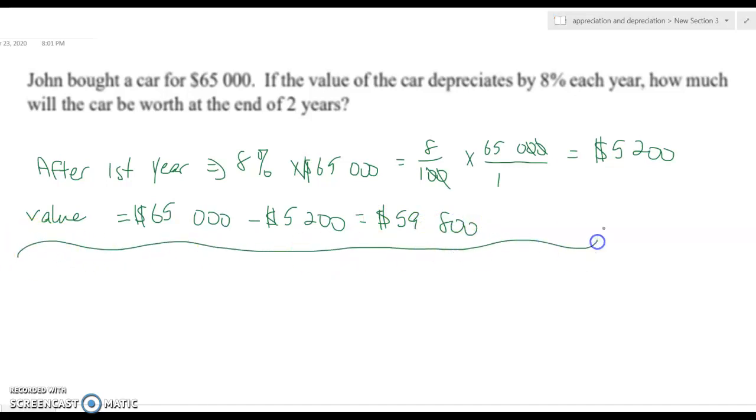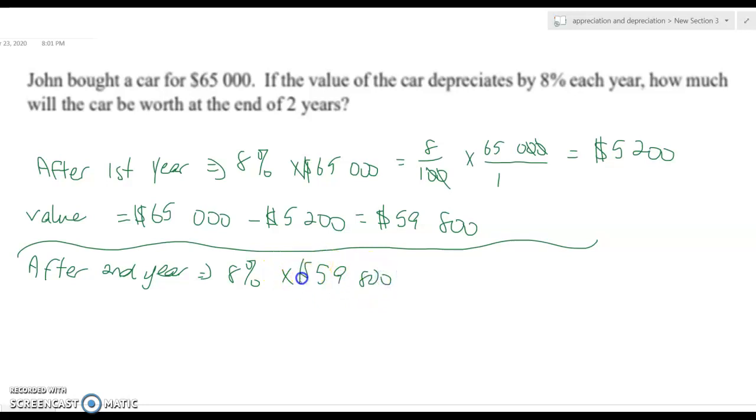Now, it's going to depreciate again after the second year, right? Remember, it's 8% each year. So now let's do the same procedure for the second year. So after the second year, it will be 8% of that new value, which is